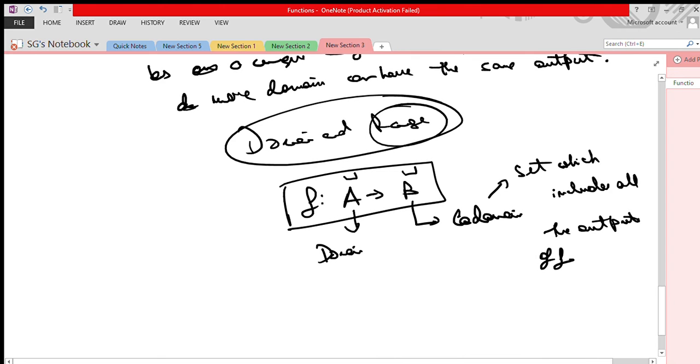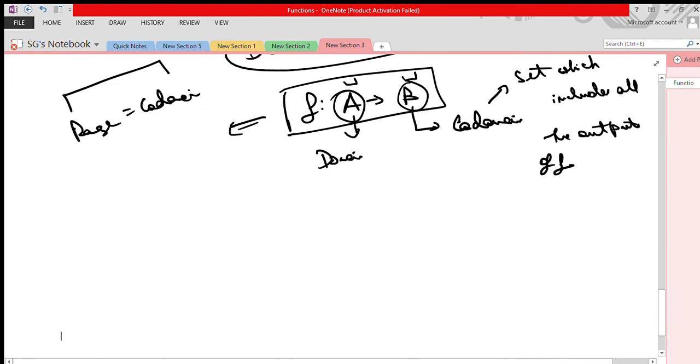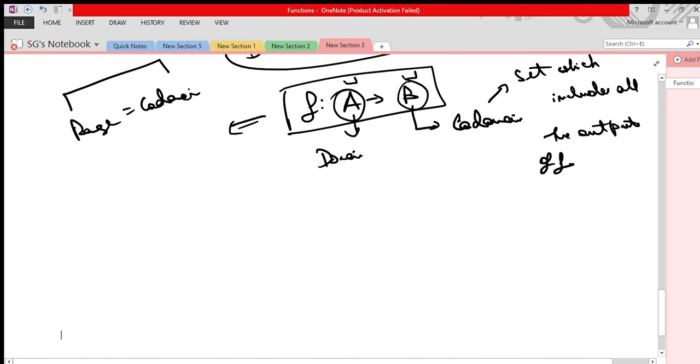So when you are given a structure like this, that A is your domain, B is not your range but your codomain. Now it might be possible that range equals codomain. This case is possible, but generally it is not mandatory. So B is your codomain. Now you need to check what the range is, and on that you can judge whether your codomain equals your range or your range is a subset of codomain. Am I clear? So I guess now you have understood what a function is and the different aspects of a function. So I'm reiterating this.